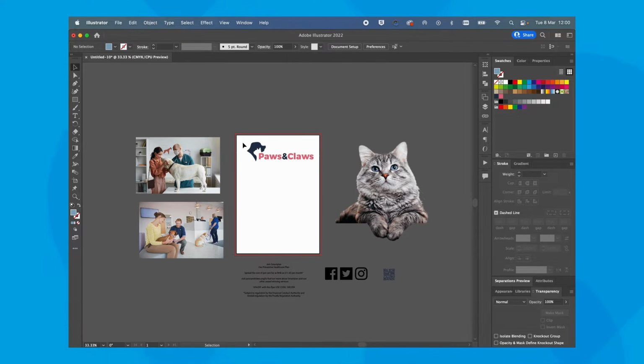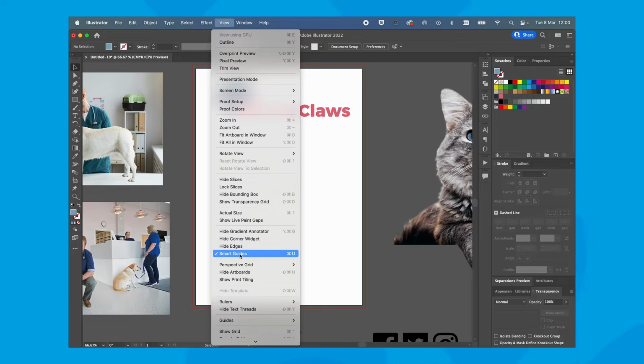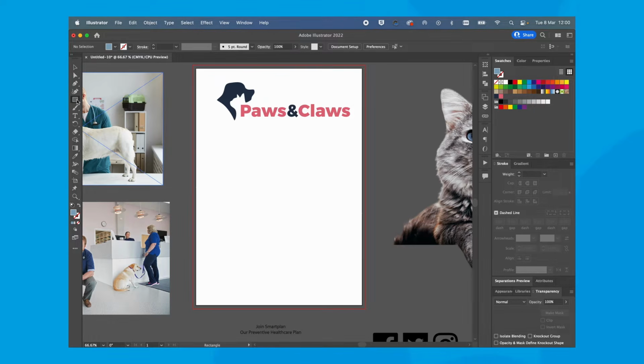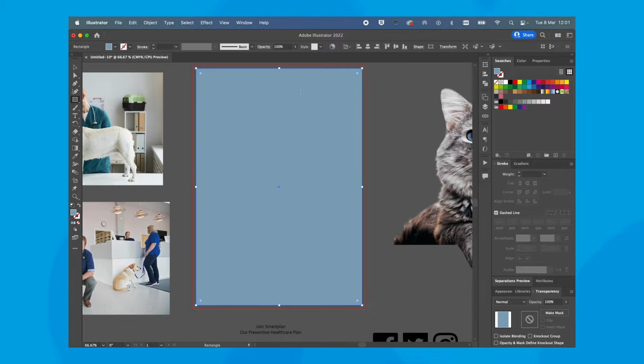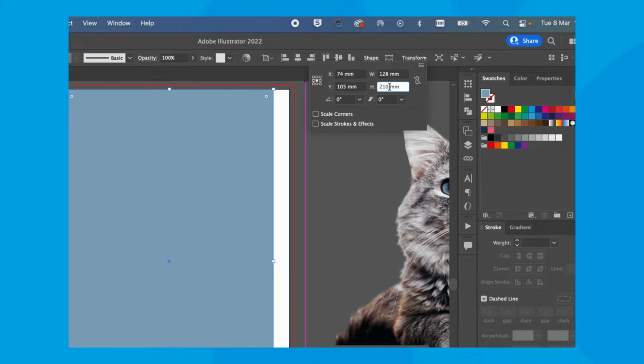I'm just going to create a guide. So I want to create a border where I don't want my text to carry over. So I'm just going to zoom in, and I'm going to make sure I've got my smart guide selected, and I'm going to draw a rectangle the same size as my canvas, and the smart guide helps your rectangle click to the edges of the canvas. And if I go into transform, I want a centimetre gap around every edge. So that's the size of my rectangle at the moment, and I want to take off 20 mils. So you can literally write in -20 and it will change it.